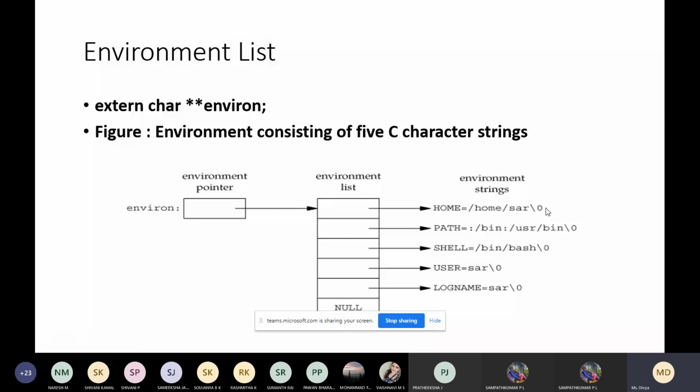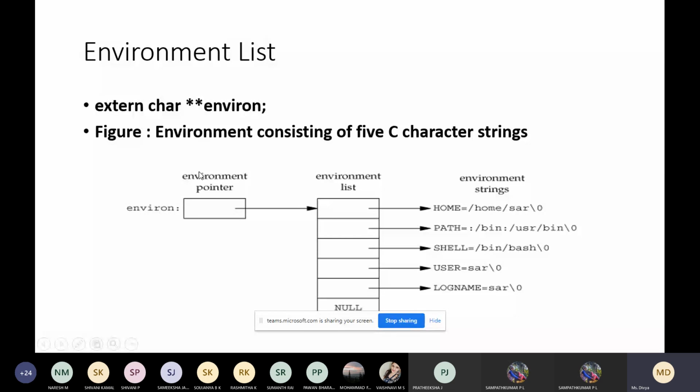The address of the array of pointers is contained in the global environment variable. This environment list has an address, which is a pointer, and it is a global variable with the name environ.